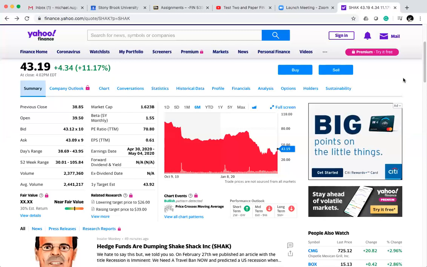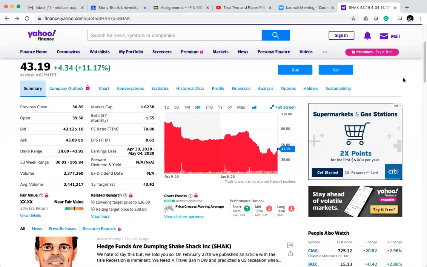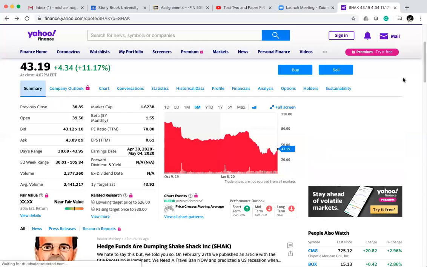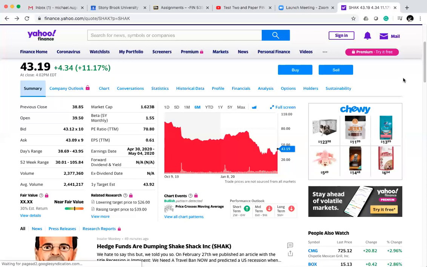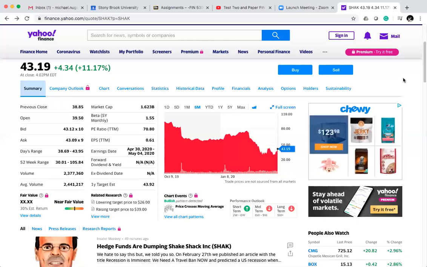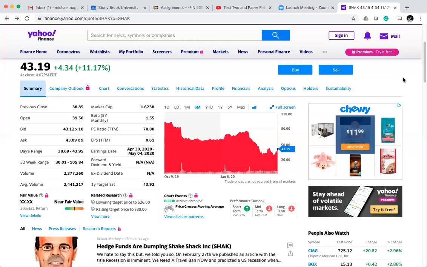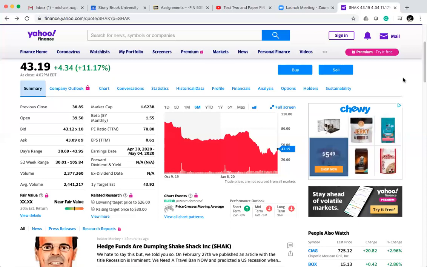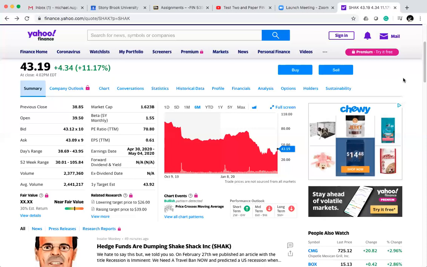But luckily for most of you, you're probably more towards the beginning of your career than the end of your career. So you probably don't have too much money in your 401k account yet. So even if, say, you had $100,000 in your 401k account and it went down to $70,000, sure, that hurts, but you have 20 to 30 years, and if you keep that money invested, you'll guaranteed get that 30,000 back, plus much more.